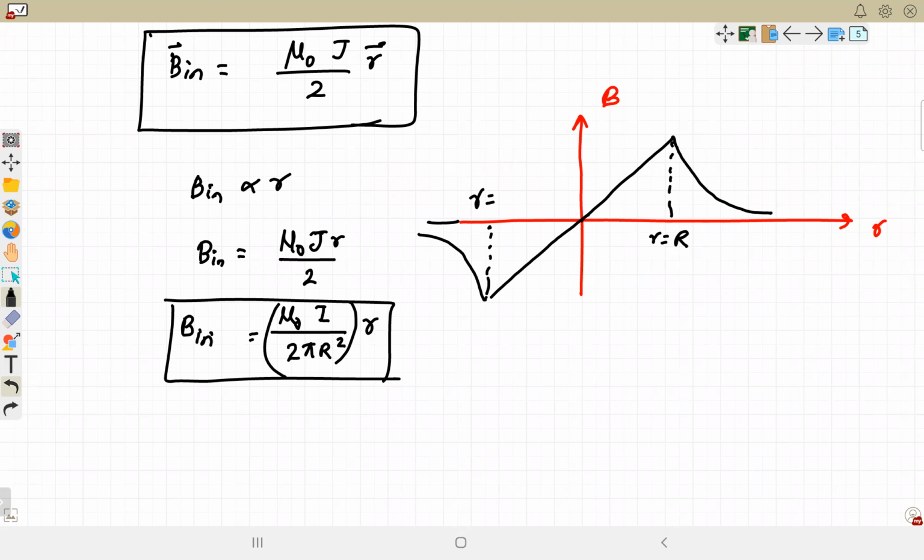Understood? Magnetic field due to infinitely long wire, hollow cylinder and solid cylinder. All three cases we have done with the help of Ampere's circuital law. If J is a variable function that changes with small r distance, then we need to integrate this, just like we used to do for the Gauss law in electrostatics. Fine. Next is